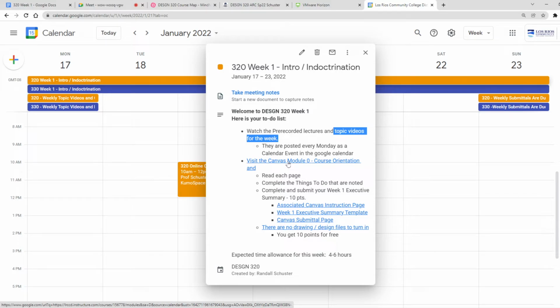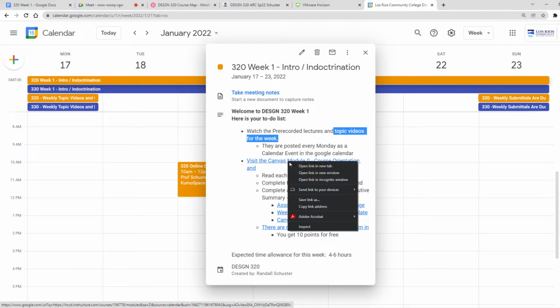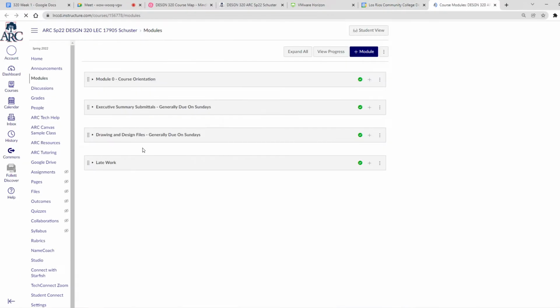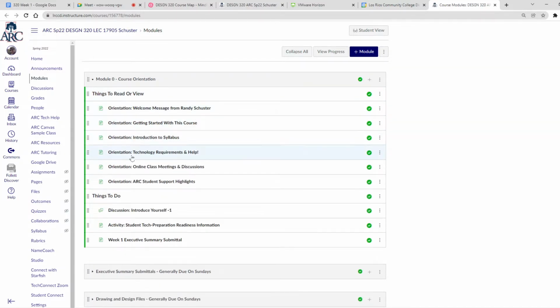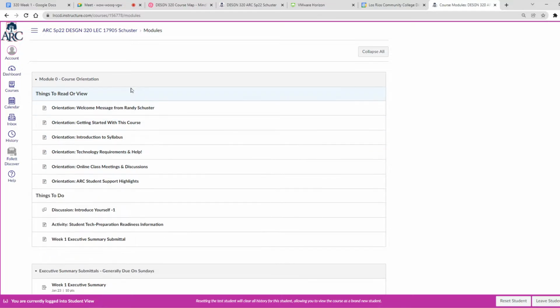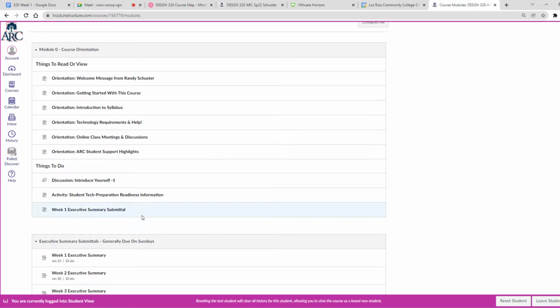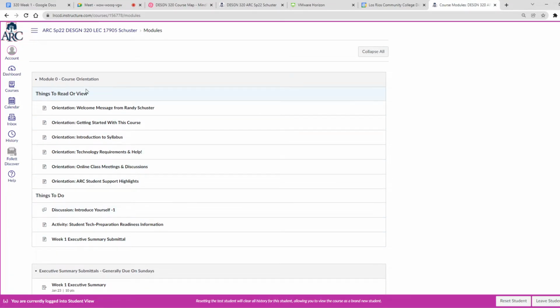Visit the orientation. Looks like this. Here's all your orientation stuff to do. If I put it into student view, it'll look a little bit more like what you'll see. Okay, so there's your student view of that.